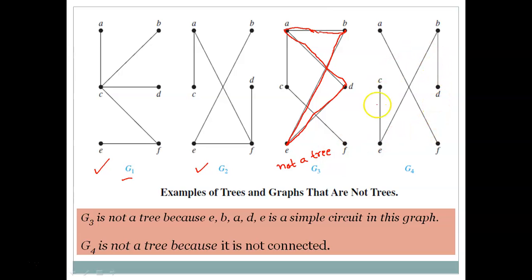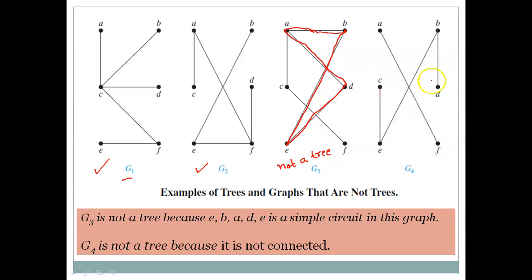Now let us look at this fourth graph. Obviously this is undirected. There are no directions. Now let us see, is it connected? Now I want to go to the vertex F starting from the vertex C. We start from C, we go to E, then we can go only to this vertex or to this vertex. We cannot go to this vertex F because there is no path,